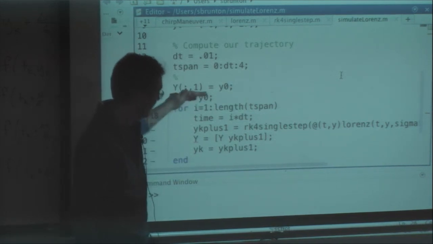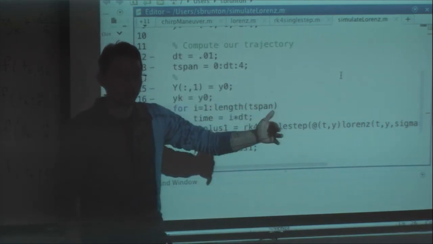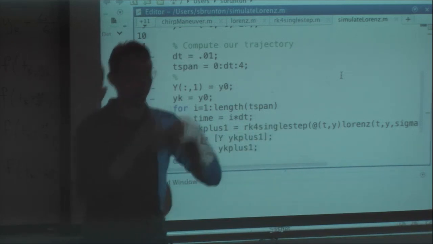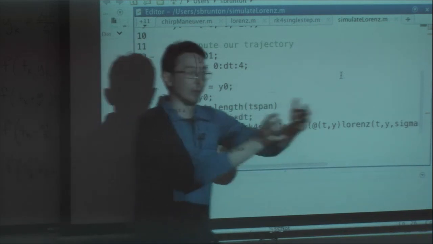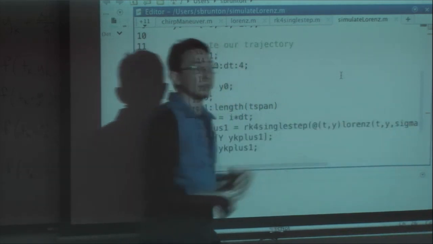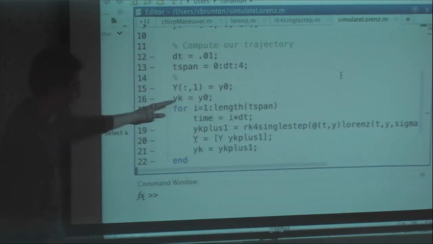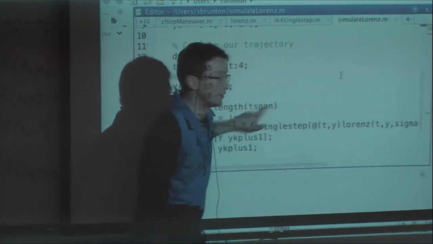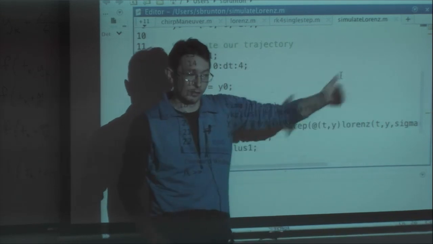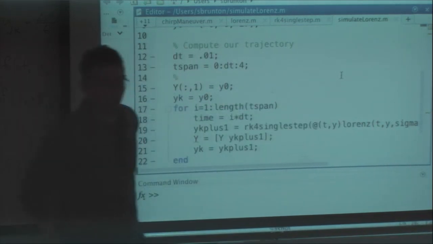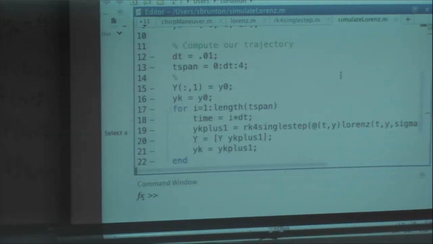So we count through for every dt, I take my state yk and I get yk plus 1. And then I start over again. I do the same thing over and over and over again. So this is how you build an integrator. Okay, it's a for loop wrapping around a single step where you evaluate some vector field and take little steps forward. Okay, we're going to go a lot more into depth. We're going to look at how to do this quickly.